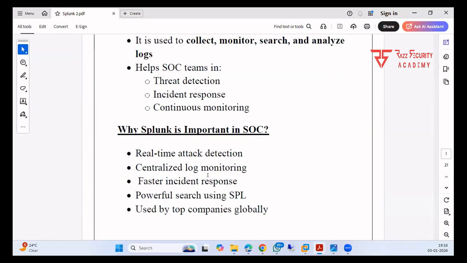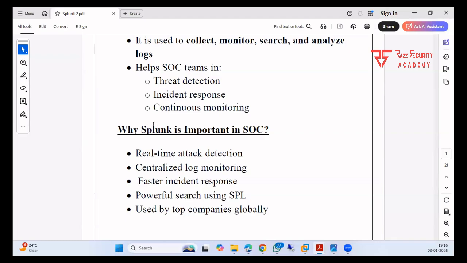We no need to open different tools. If we have a SIEM tool, we can monitor our complete environment. To increase our security, we are also using EDR and XDR tools, but we can integrate those tools with Splunk or any SIEM tool. So, faster incident response,